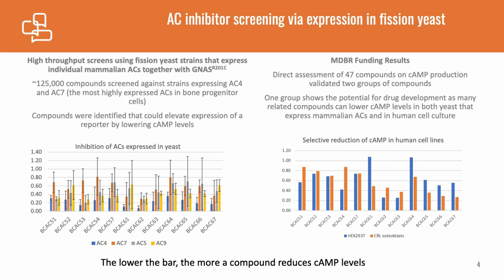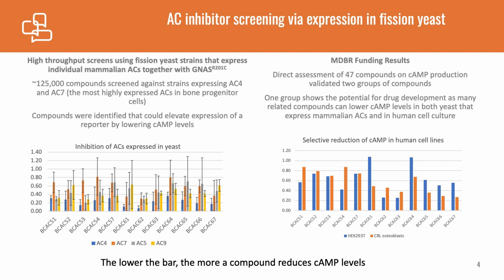And so I did that. Actually, remarkably, I personally carried out the screen at NCATS. This is the National Center for Advancing Translational Sciences. So during a sabbatical, I went there and worked on optimizing this screen. Then with support from NIH, I came back and carried out 2 additional screens